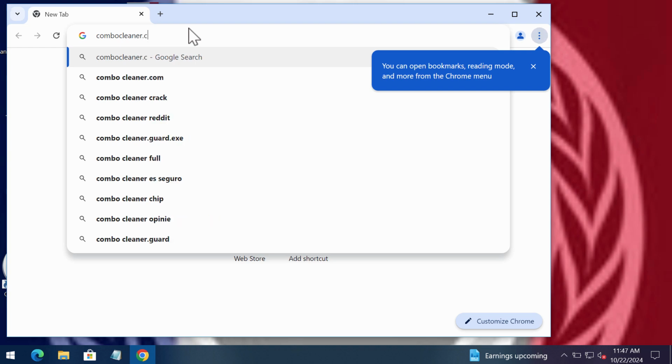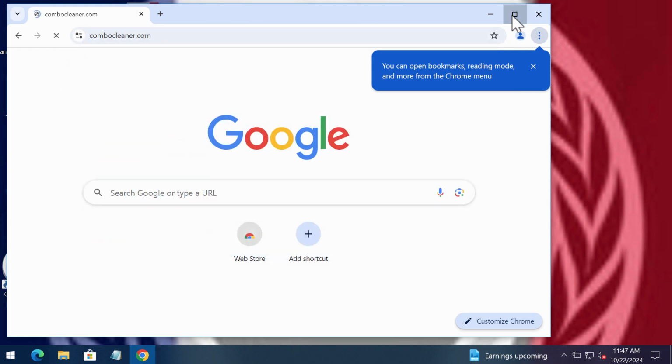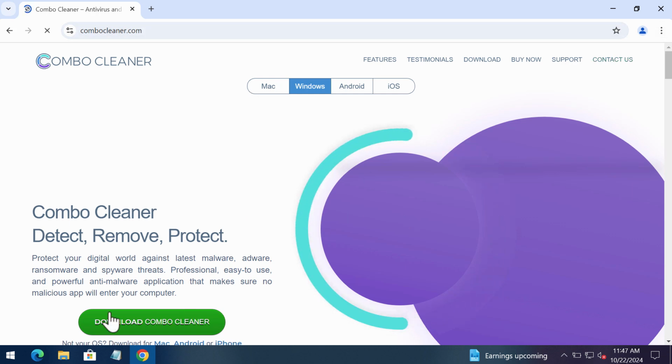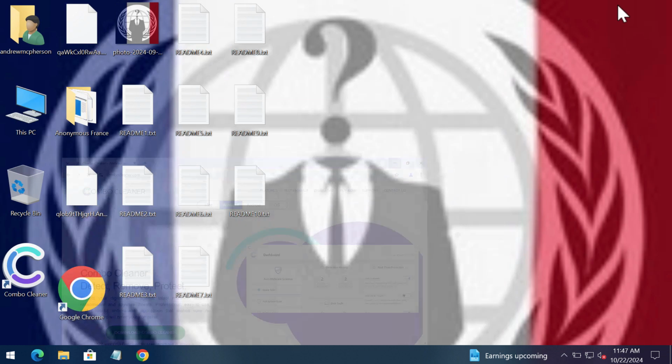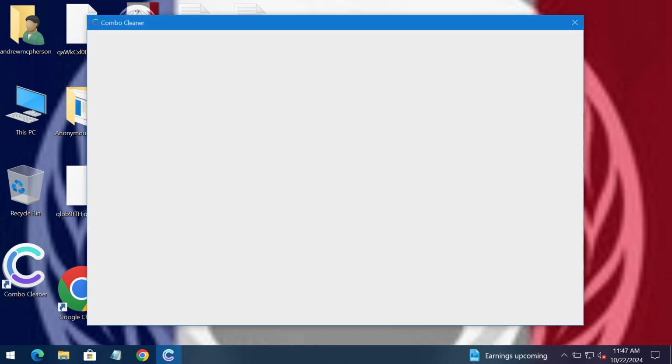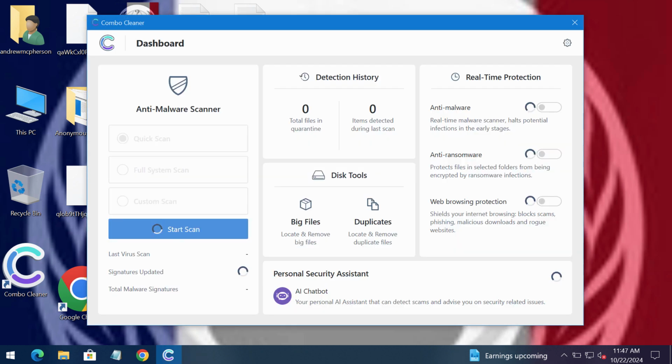I recommend you remove the ransomware with Combo Cleaner, which you may get on the page combocleaner.com. Use the green download button. Install the software, and once it is successfully installed, start carefully scanning the computer. Combo Cleaner Antivirus will help you effectively detect and eliminate all other threats which could still possibly remain on